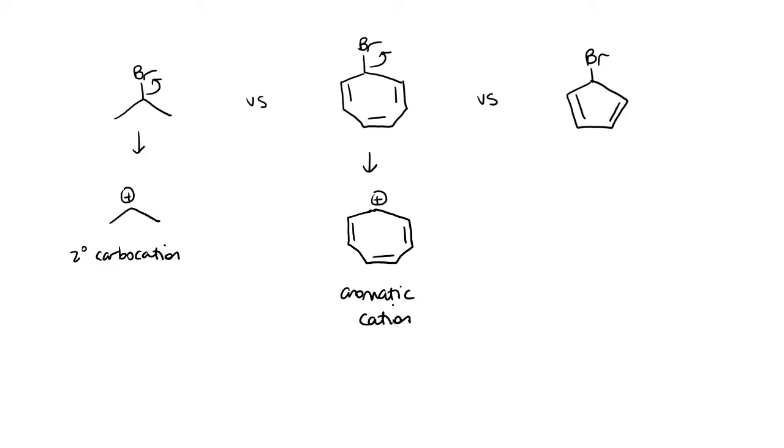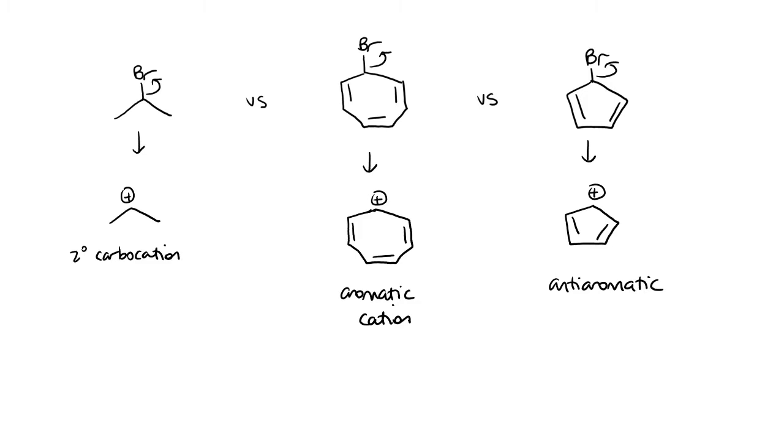Now let's consider our last substrate. Once our bromine leaves, we will form a 5-membered ring with a positive charge. Now with this carbocation, all of our atoms are sp2 hybridized, and we have a total of 4 pi electrons. This is actually an anti-aromatic cation